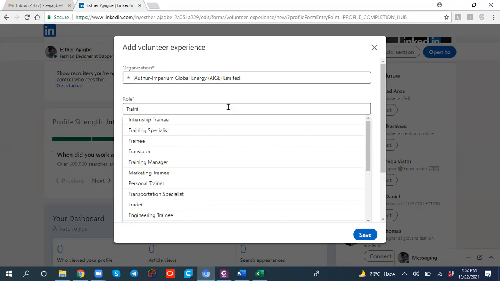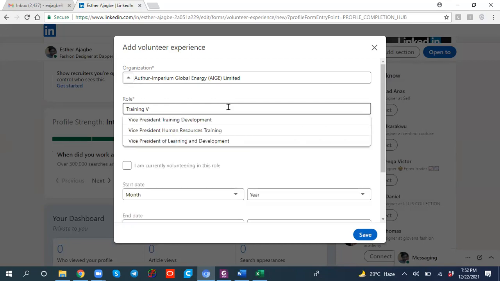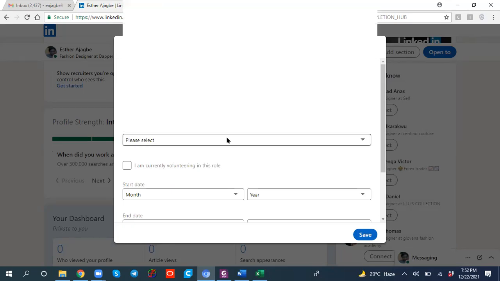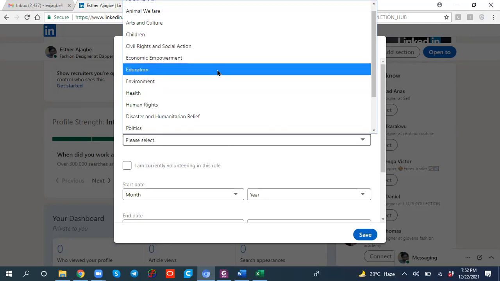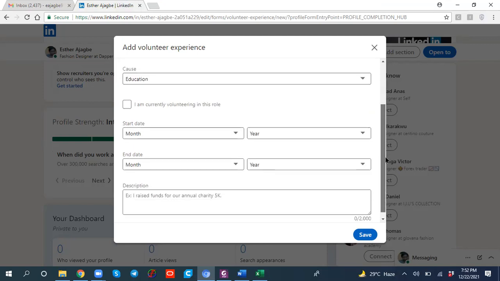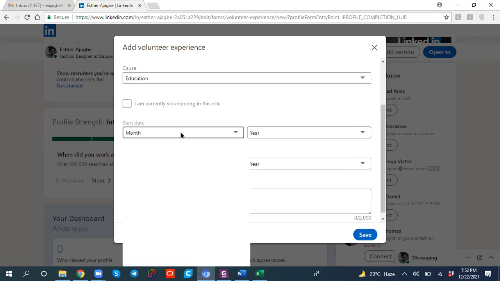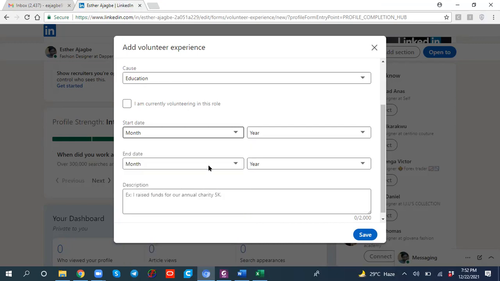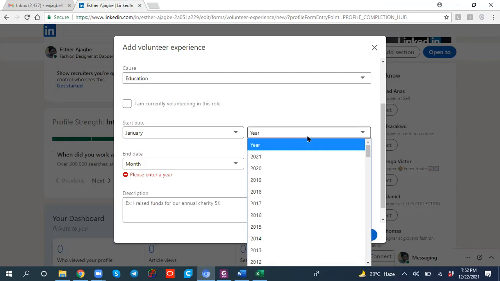All right, training volunteer, course, education. All right, I currently volunteer here. If you are still interning with us, if not, you put the start date. You just put a date, January 2021